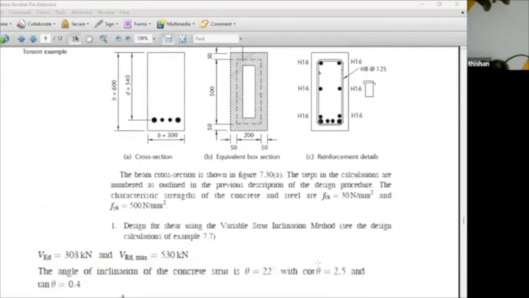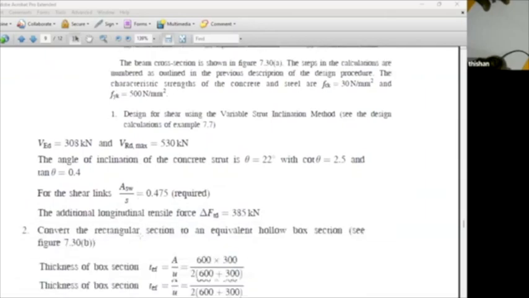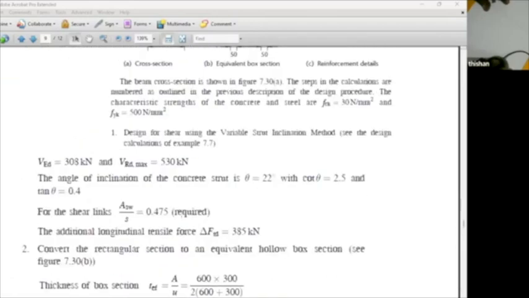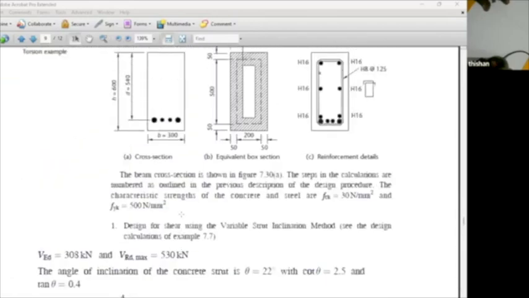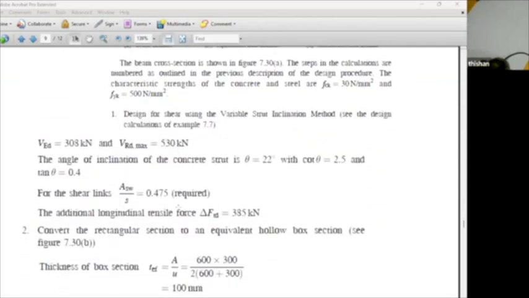So you can see some additional information. VEd is 308 because we need the VRd,max. Can you remember we have to use this particular equation? So for that we have to calculate a few things. And when you look at how to find the hollow section, what it says is